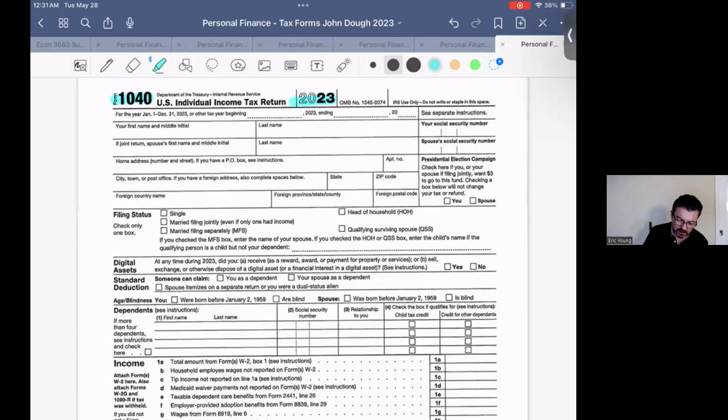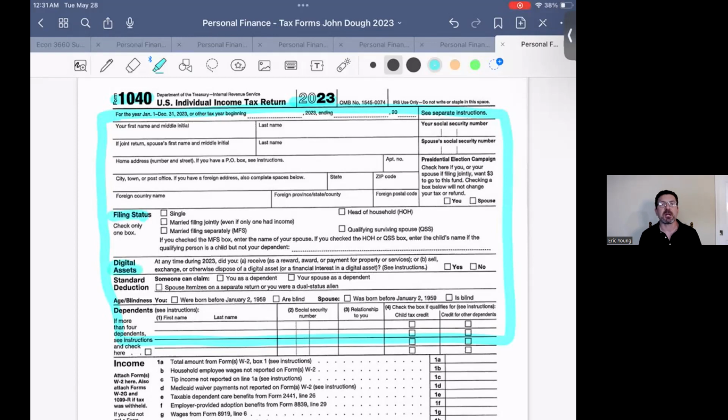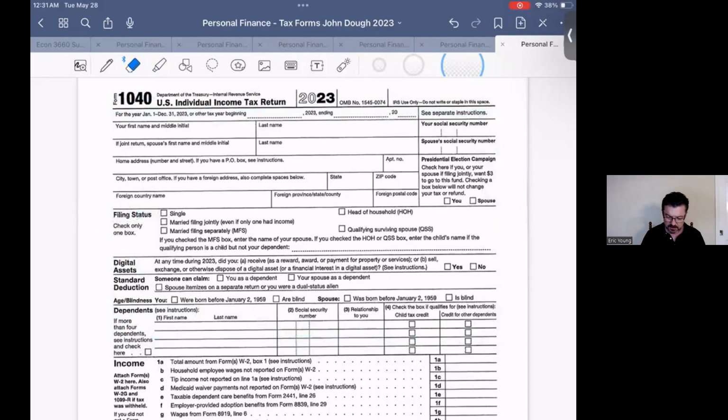And all this stuff up here is sort of like background information to help the tax return go. Personal information, your name and your address and your social. You indicate right here your filing status. You're required to tell the IRS if you own any sort of digital assets like cryptocurrency. And then if you have any children that you're claiming, you claim your dependents here. So all those things go on top. That's fine. But the real kind of heart and soul of a tax return begins